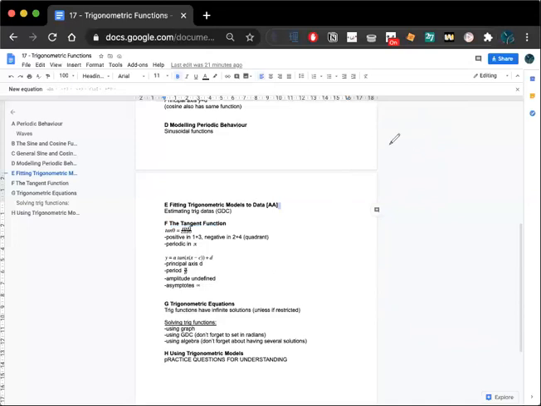And then next up, we have the tangent function. So again, this is also kind of derived from the